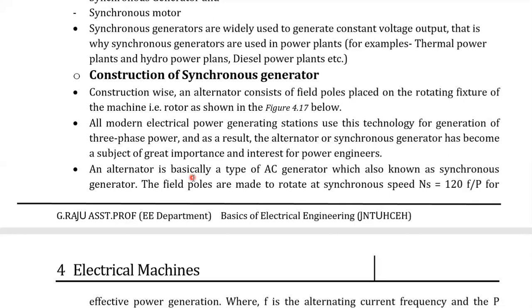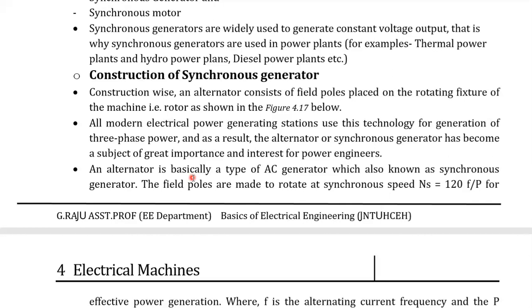Collecting the electricity from the armature winding on the rotating part is very difficult. By using brushes we collect the power, so maintenance is required for the rotating part. From the slip rings and brushes, we have to collect the power from the rotating part, and we have to give the power supply to the rotating part by using brushes and slip rings. Am I right or not? So it is somewhat difficult, right? Giving power supply to the rotating part is somewhat difficult compared to the stationary part. That's why armature winding is placed on the stator.